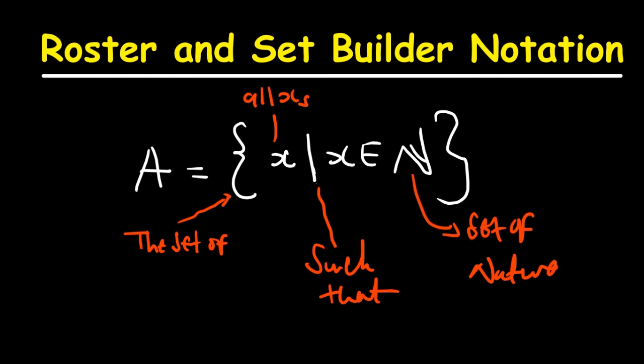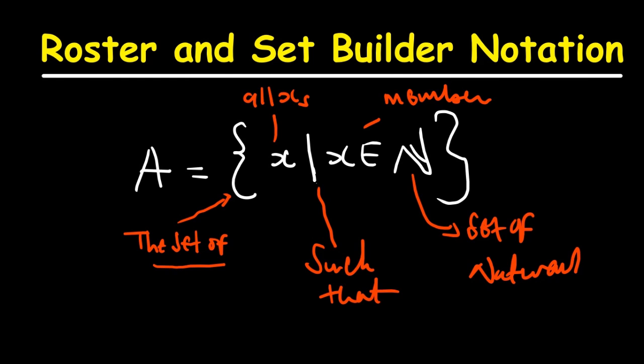Okay, and then that "e" there, we know that it means what? Member of, or belongs to. So just write "member of" here. The way we have it like that, it means it is in set builder notation. So we are going to read this set as set A is a set of